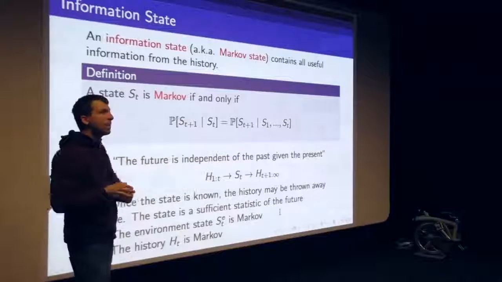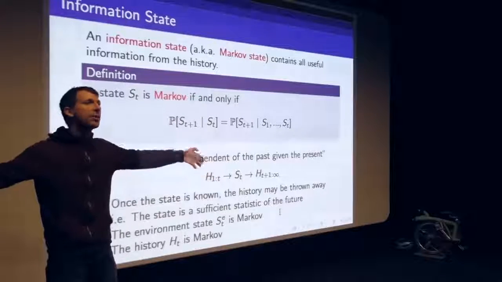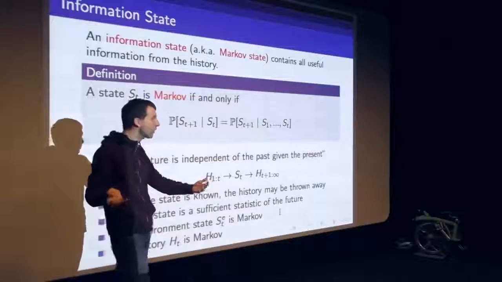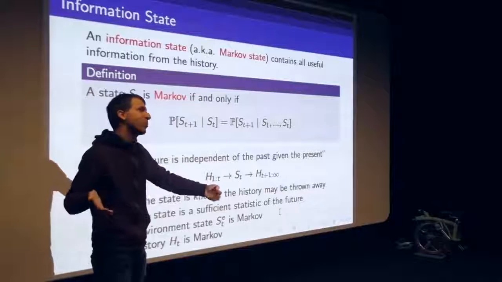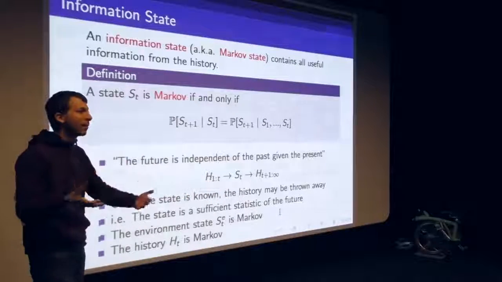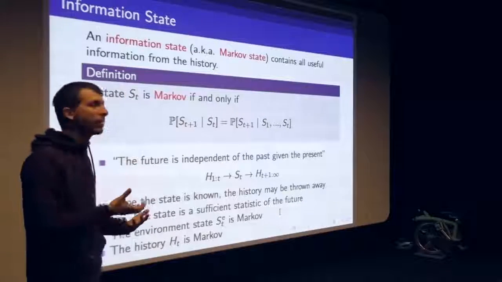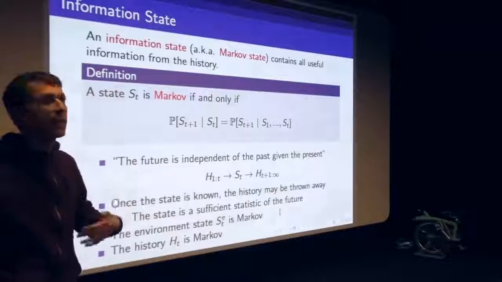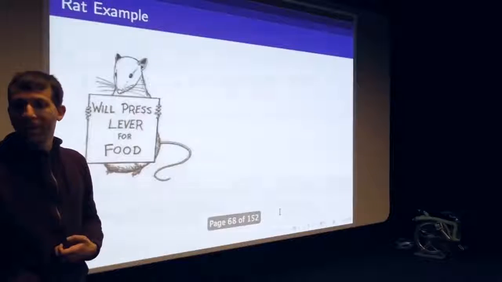Also by definition, if we keep the entire history of everything, that is also a Markov state. It's just not a very useful one. If we retain everything and make our decisions based on the entire history, it contains as much information as the entire history. It's sort of tautological, so therefore it's Markov. So these are two examples showing that it's always possible to come up with some Markov state. The only question is, in practice, how do we find a useful representation? Okay, so let's